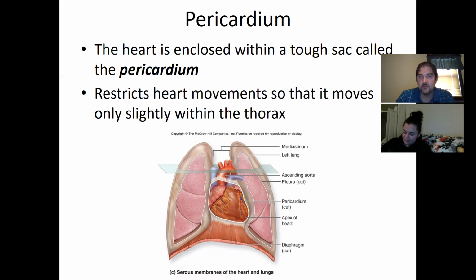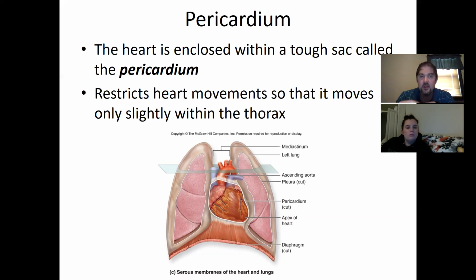There's a sac around the heart called pericardium. The word pericardium means around the heart. Peri means around, like perimeter. It's a sac and it has fluid in it. And the fluid helps to lubricate because the heart's always moving. The pericardium also helps to hold the heart in place so it's not bouncing around